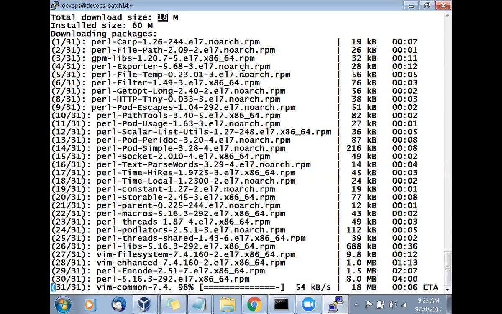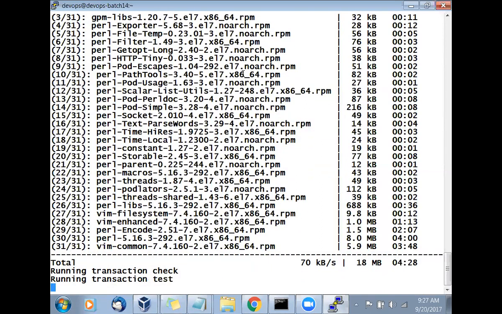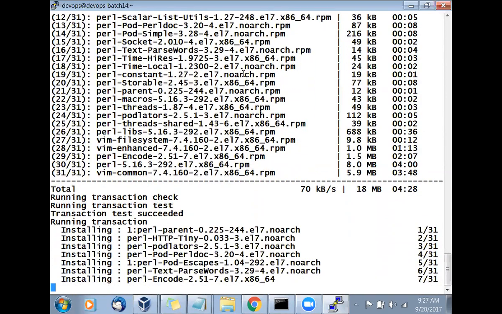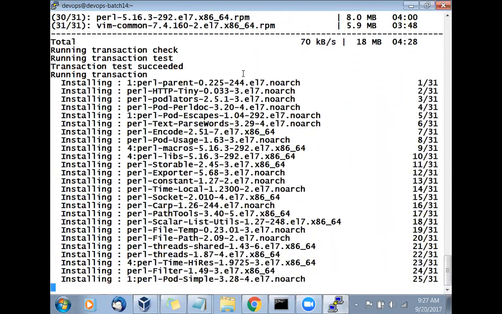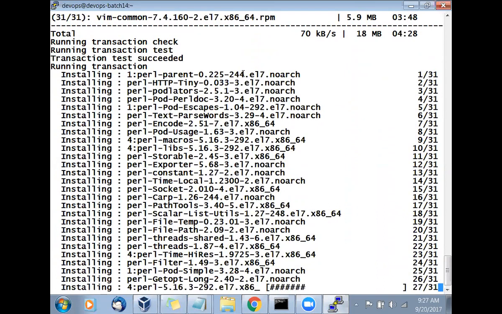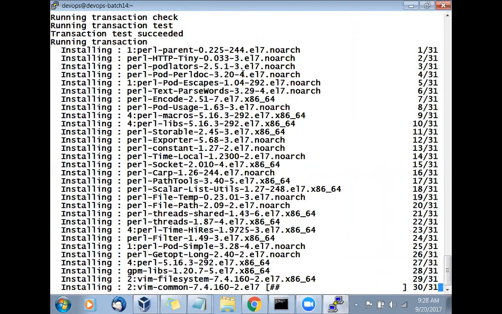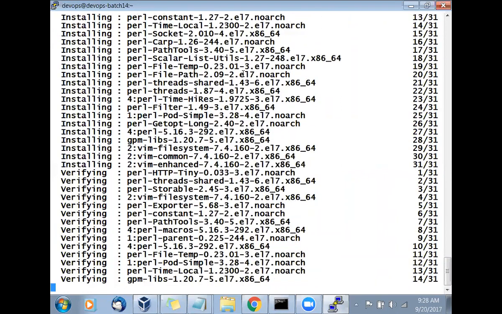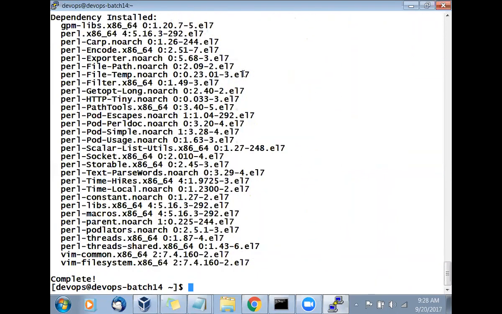Now what we will do is open the file, but we don't have an editor. By default, it should be in the operating system. Yesterday, I believe we deleted the editor, right? Okay, please go ahead. Installation is happening. Dependencies are handled, all the things it will do by itself. First it is installing, then the verification step, and then it will be done. So now it is the final thing, 30, 31. We have installed Vim, verifying. Yes, all the things are done.